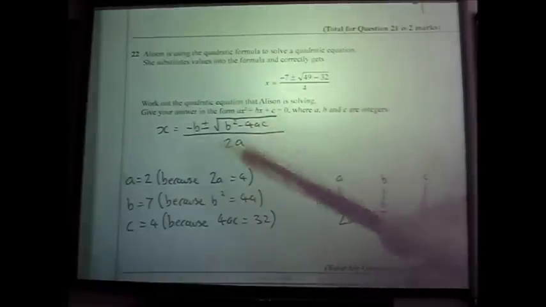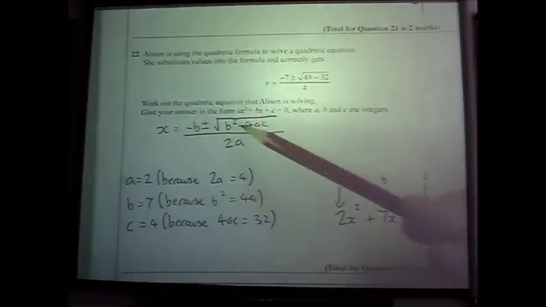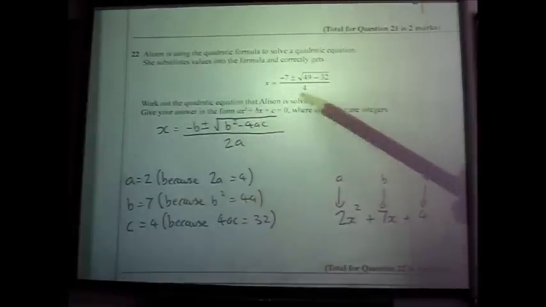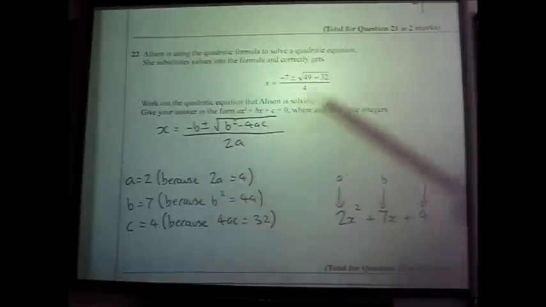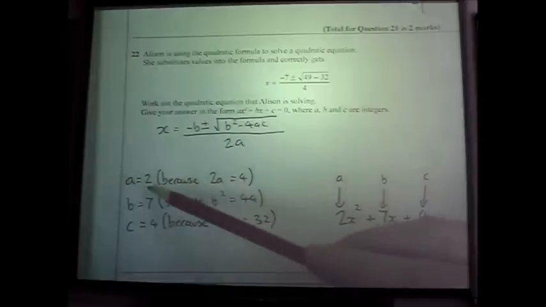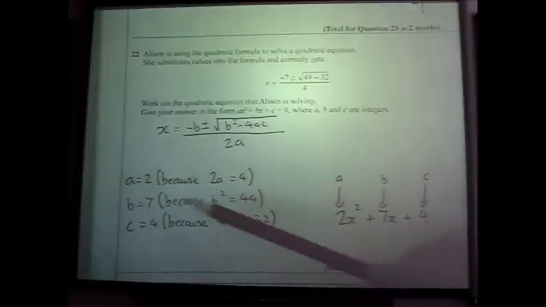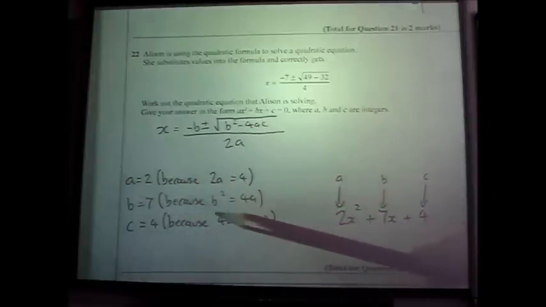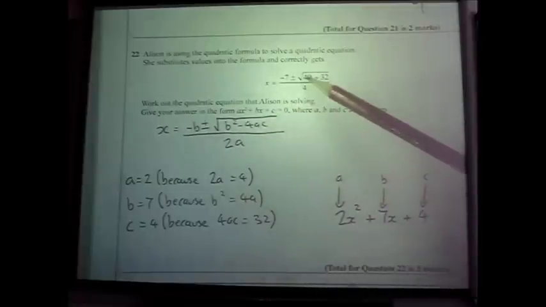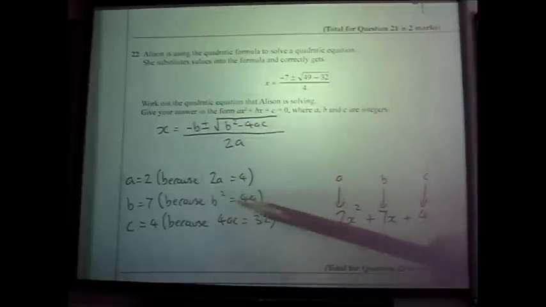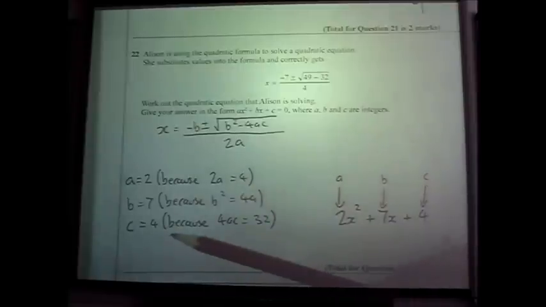Well, if you've got your formula here, we can have a look, can't we? So A is 2, because in the formula it's 2 lots of A. So basically 2 times what gives you 4. Well, there you go, it's got to be 2, because 2A is 4. B is 7, because B squared is 49, so B must be 7. And C is 4,